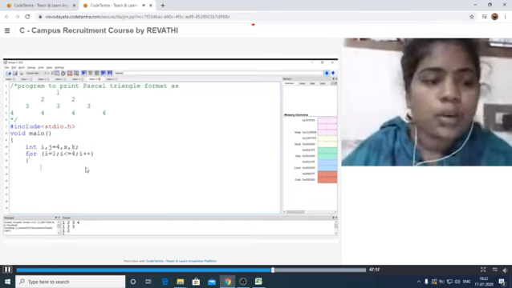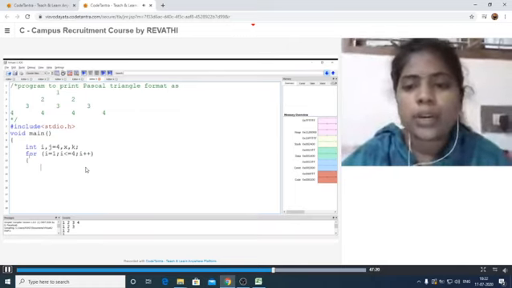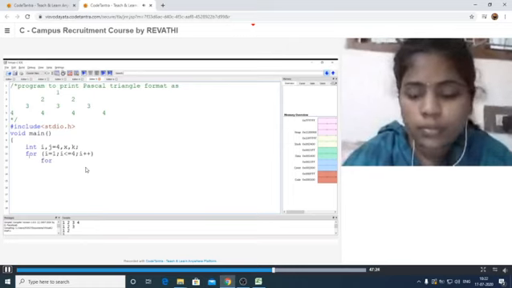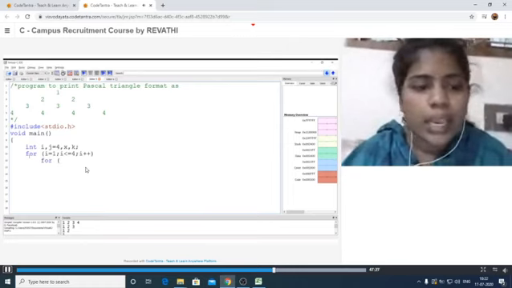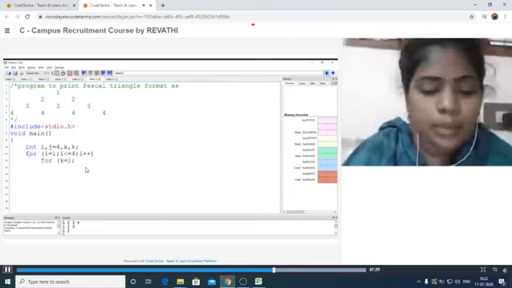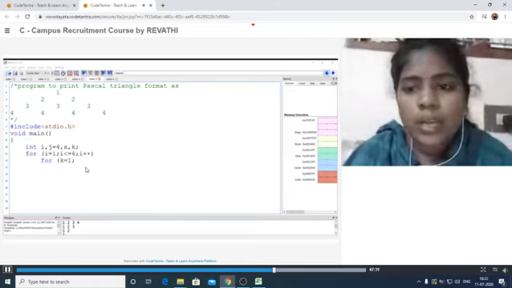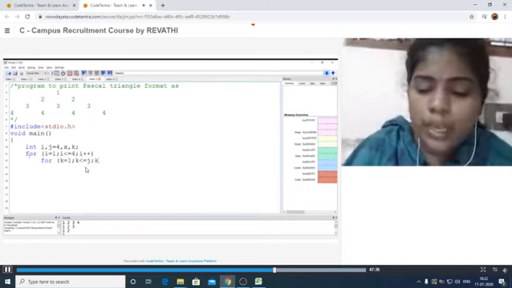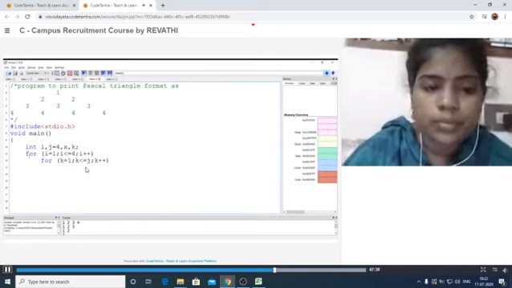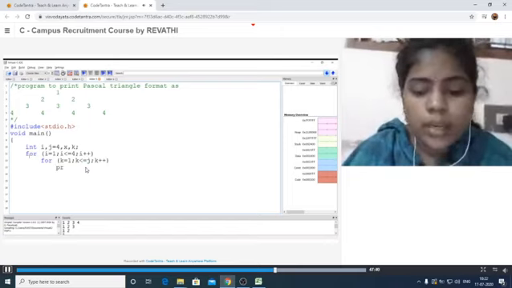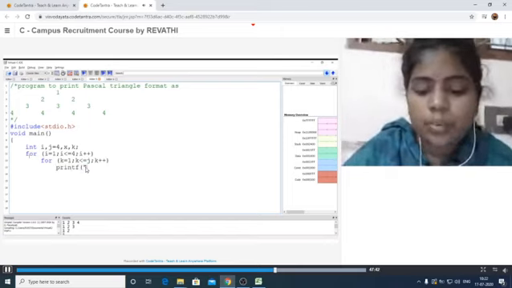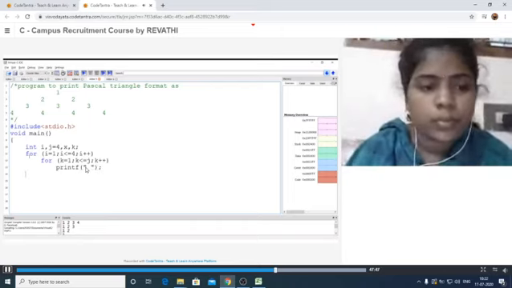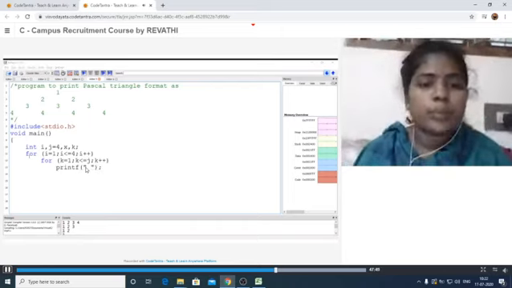After that it has to enter into another for loop, let us take it as k, for printing the spaces here. k is equal to 1, k less than or equal to j, k plus plus. Here I am printing just a space. That's it. This is the first part for printing the spaces every time.